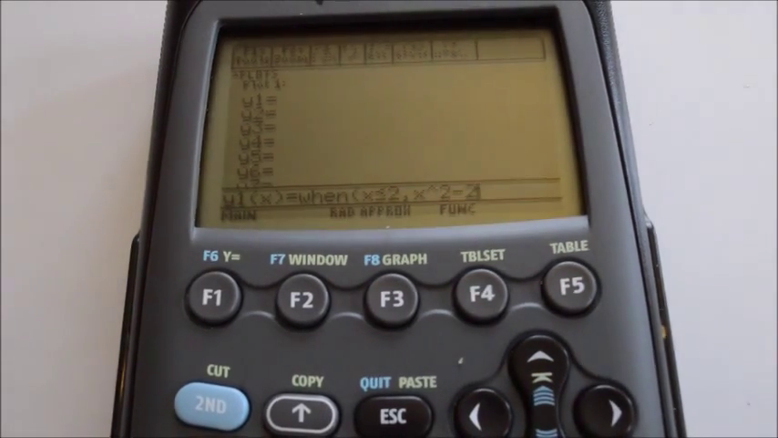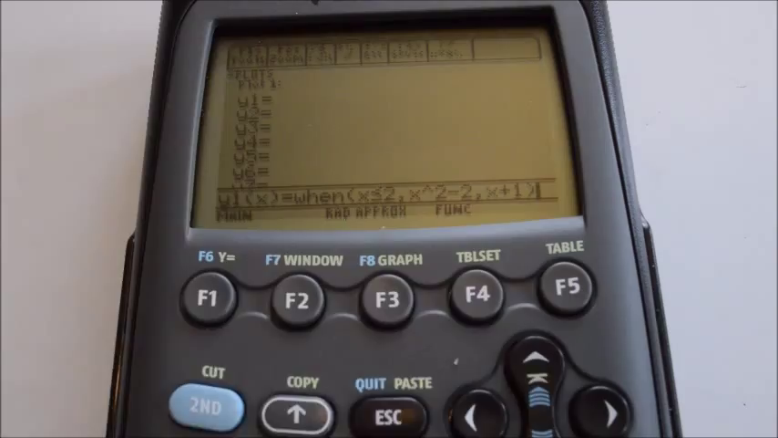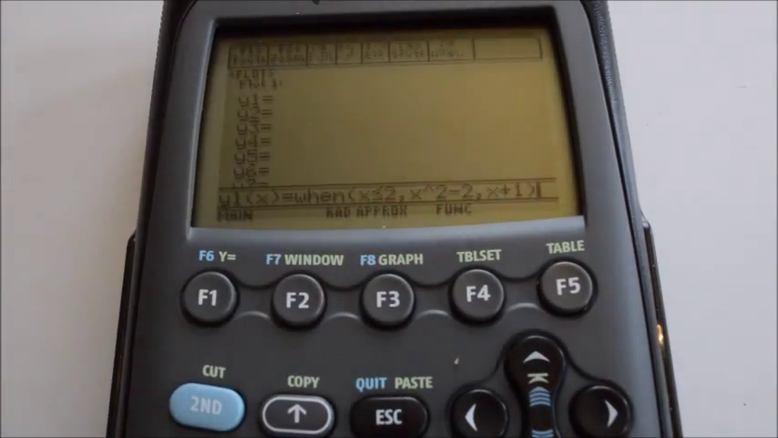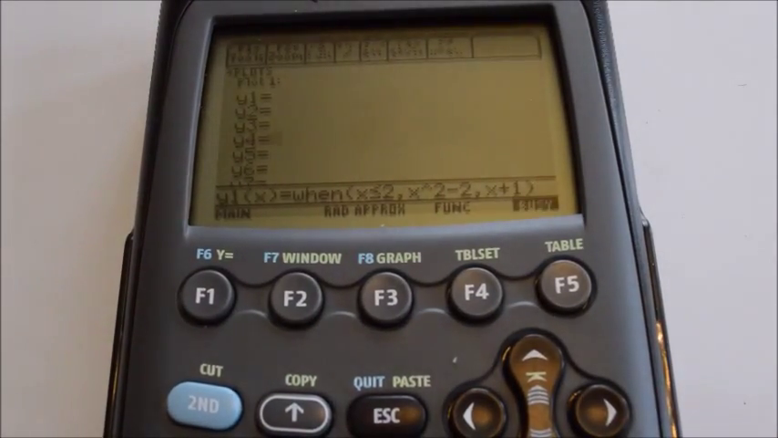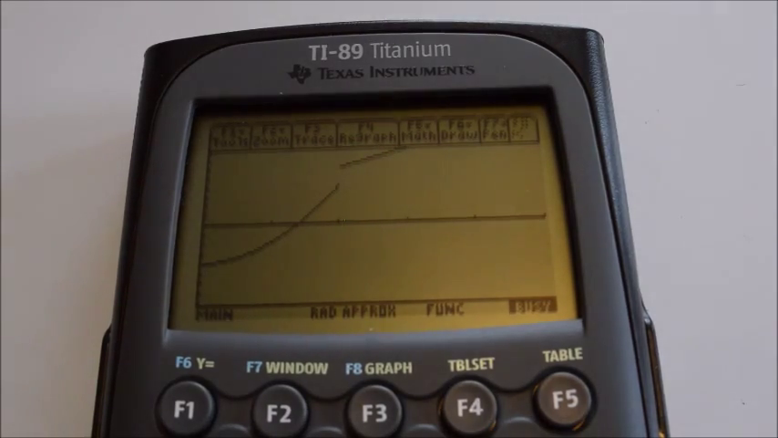Then make sure you enter a comma. X plus 1. Make sure you close the parentheses or it will not graph. Hit enter. Hit graph. And as you can see,